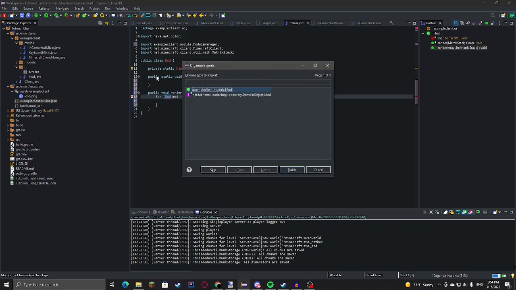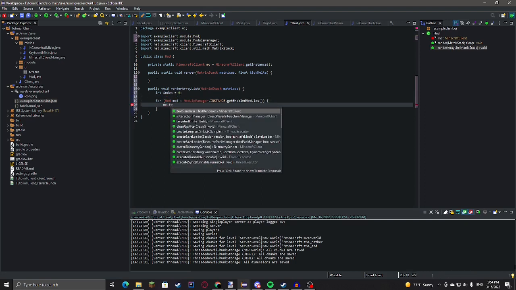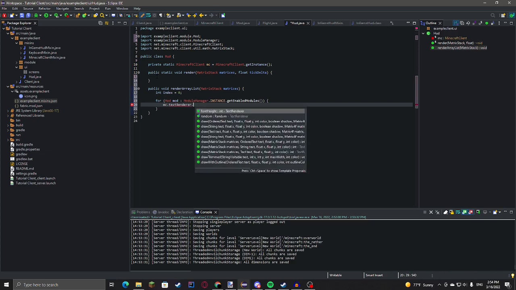Okay, and then import example client dot mod, and then we'll do up here int count equals 0. Or I'll just call it index. Int index equals 0. So we're going to do mc dot text renderer dot draw.